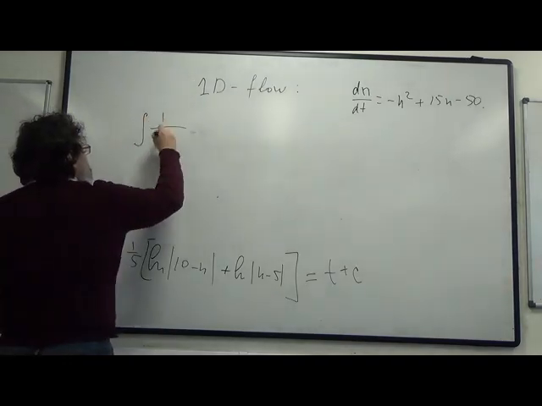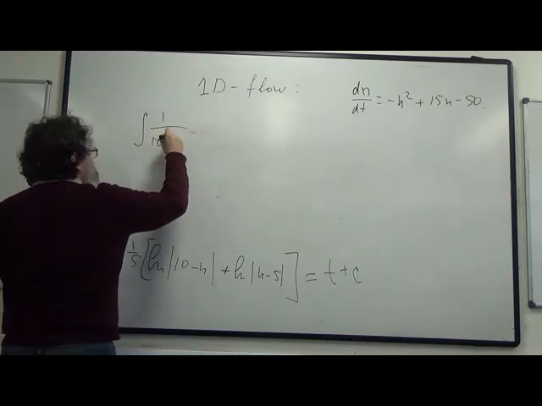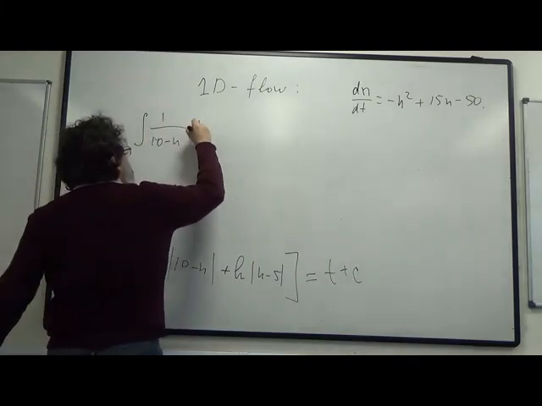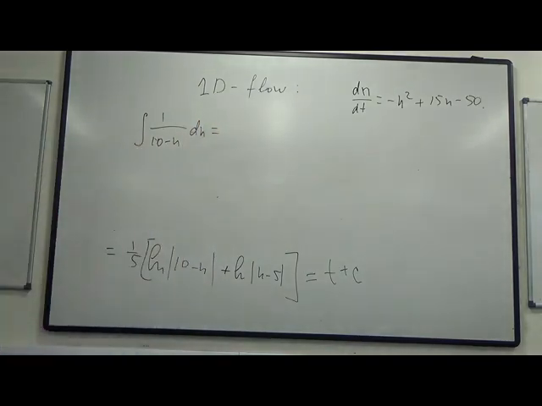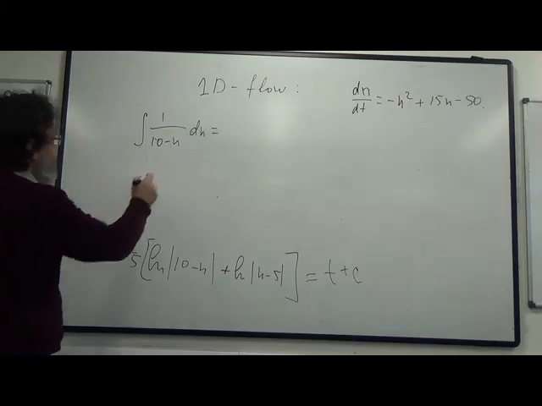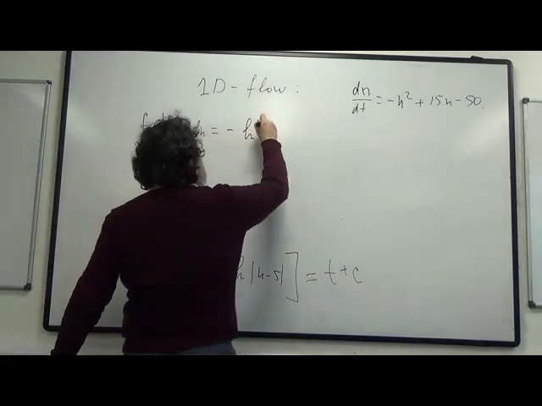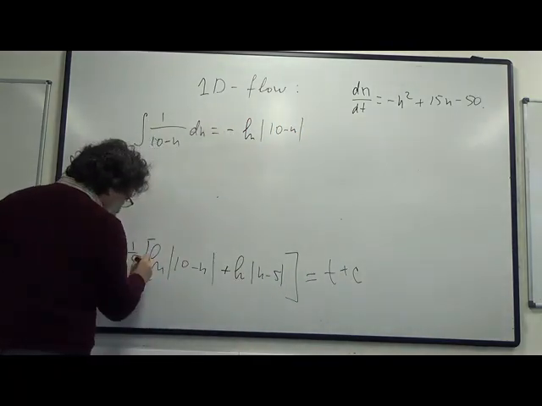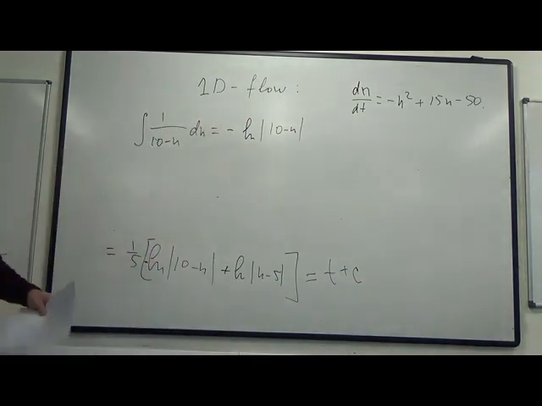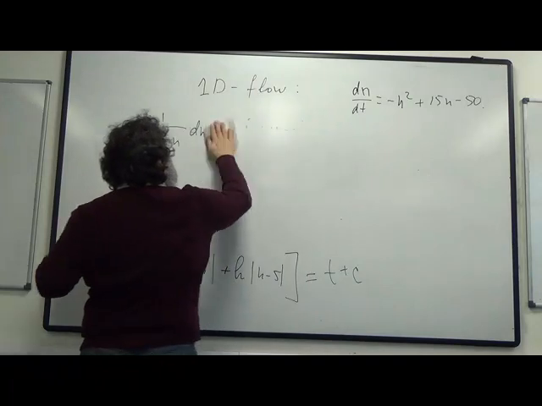Integral of 1 over 10 minus n dn equals to what? Negative. It will be minus the logarithm of 10 minus n. So here should be minus. Now it will be correct. Yeah. So this, therefore,